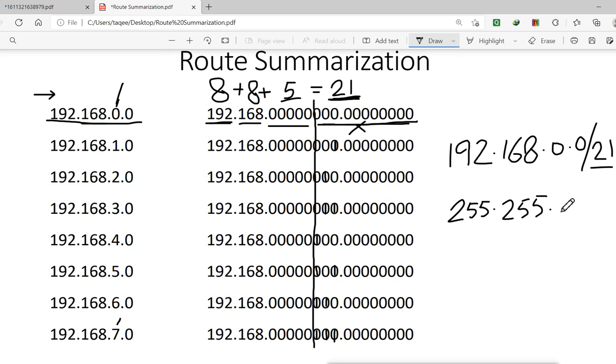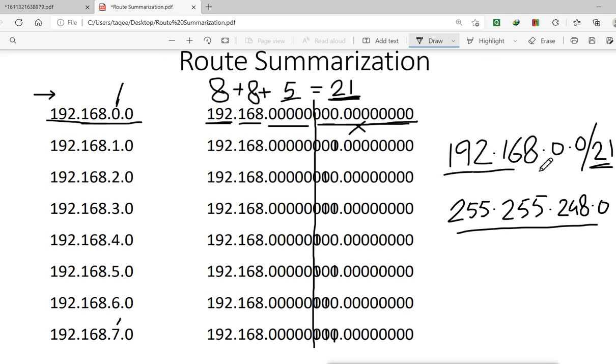So when you enable the 5 bits, the value will be 248. Then 0. So either you write /21 or you write this subnet mask, both are the same. So this will be our summary address if you write it like this.